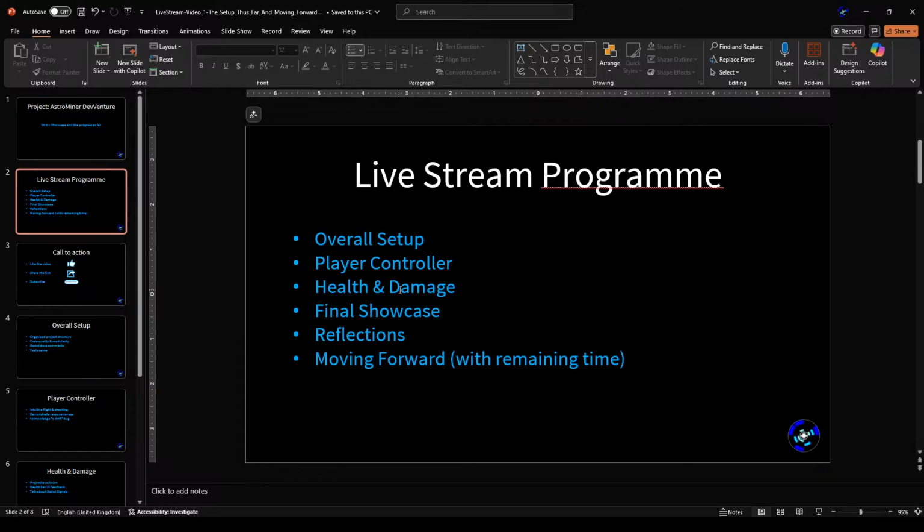so far. And then I'll go into a little bit of detail on the separate aspects like the player controller, the health and damage system. I'll do a final showcase of the build that I've done, the first complete encapsulated build. And then I'll do some of the reflections, things that I've learned, and then we'll do a moving